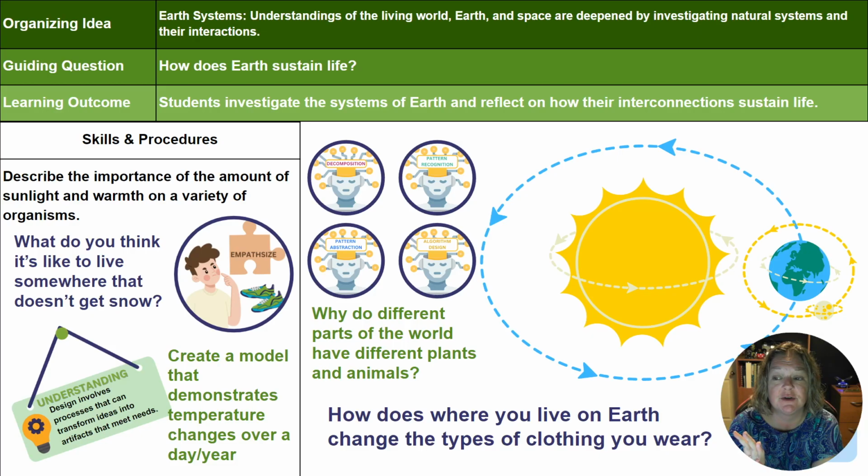If you're asking students to even just draw a picture, they can also be working through the design process, and they are creating an artifact, which is one of your computer science skills and procedures. So it's a simple way to connect that in anytime students are creating something. If they are showing what they know about something, there's that opportunity for artifact design, and